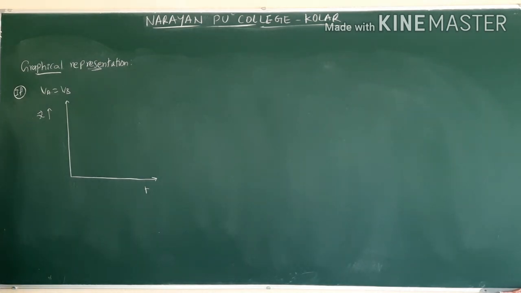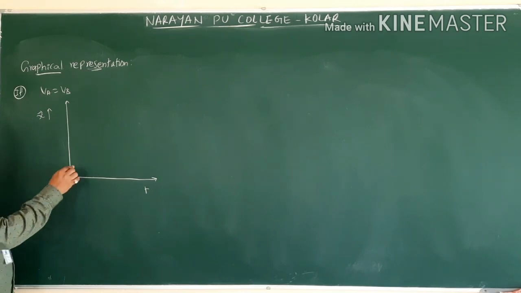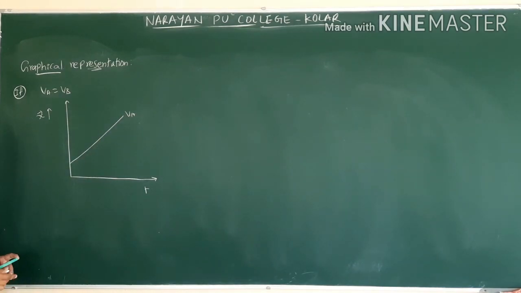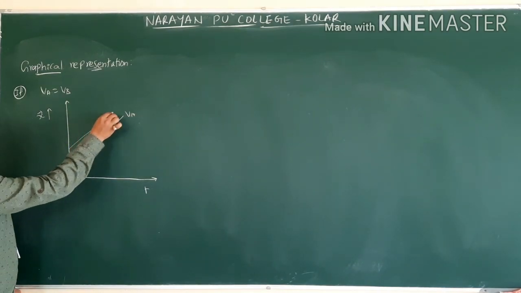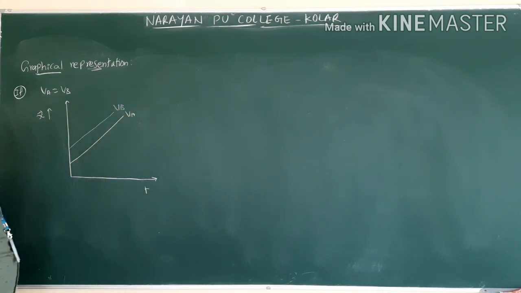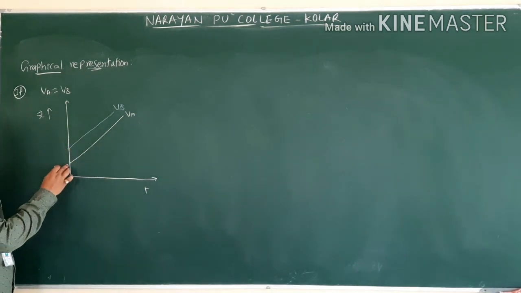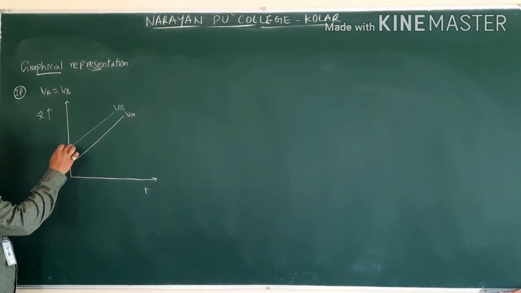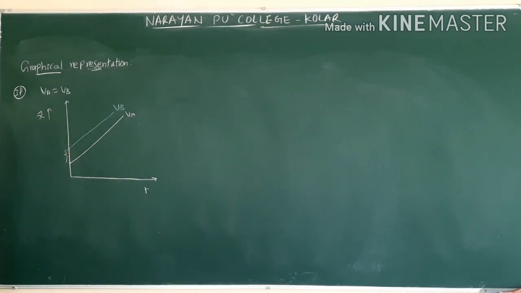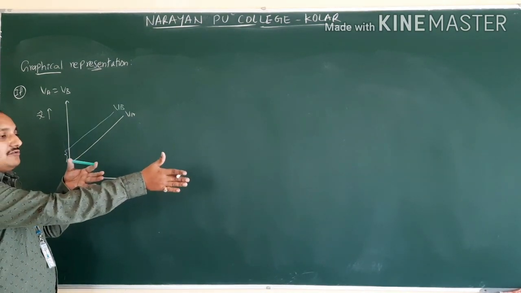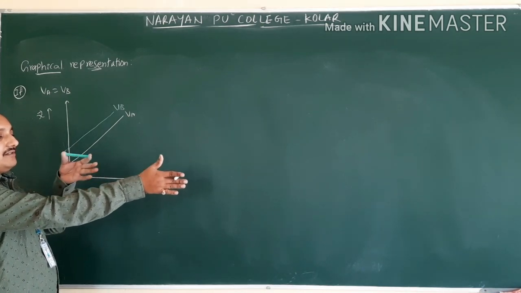So this is displacement and this is time. You can draw it in any way. If both are moving with the same velocity, this is one graph, VA. Another graph is this one. Both should have parallel graphs because both are moving with the same velocity. What does this distance give? This distance is nothing but the separation between these two objects. One object is going here, and one is going somewhere else or backwards. So this gives the separation between this object and that object.